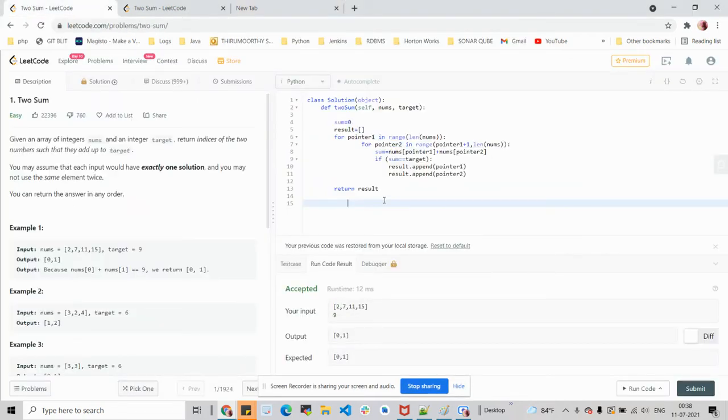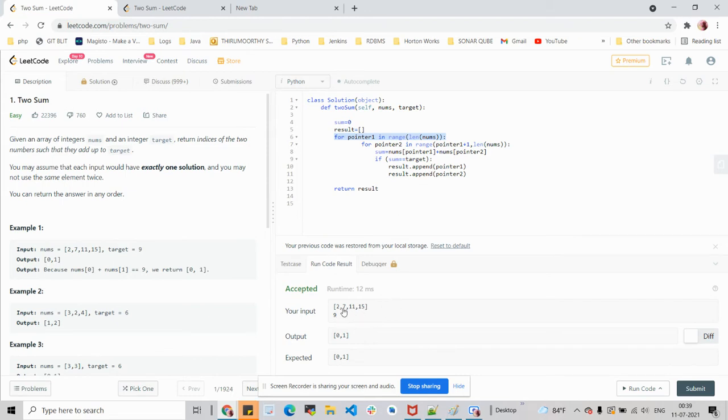In our previous solution, we had a discussion about order of n squared time complexity, where we were trying to find the sum of two elements from the given list itself using two different pointers. For each pointer, we were using two different for loops, which is a nested for loop. So we can optimize this solution using only one single for loop and finding the numbers of the given elements from the list. How can we do this?